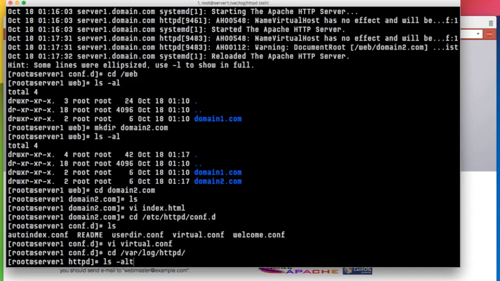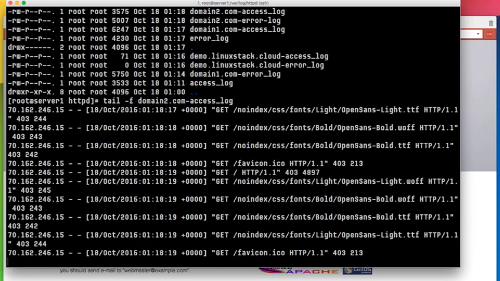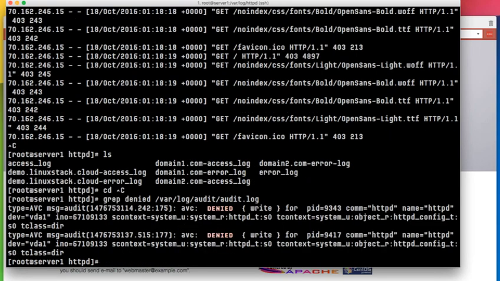Let's see if it created our logs. Okay, so we do have domain2.com access log. Okay. Let's just check. You can check this audit log because SELinux may be